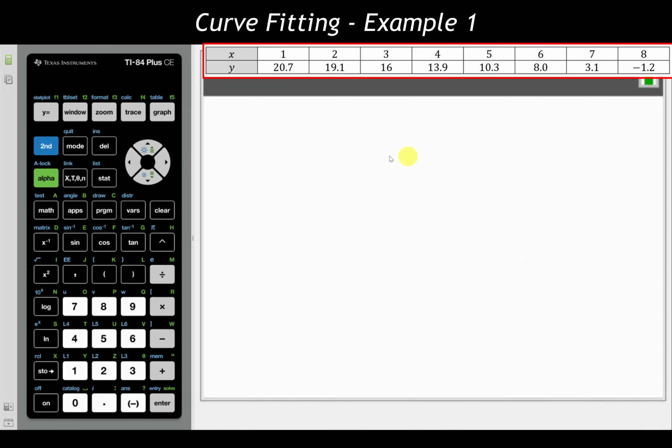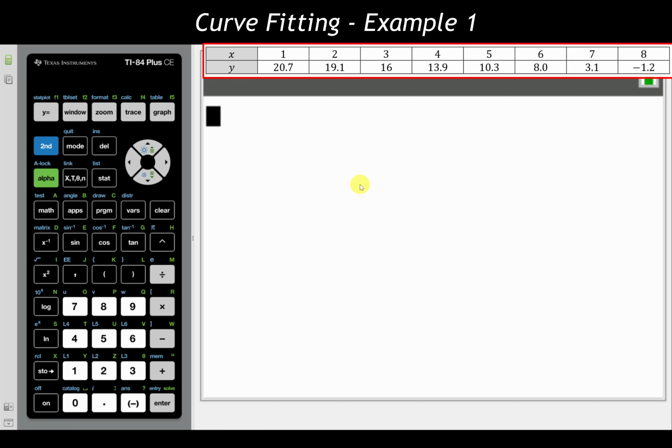So here we are with our graphing calculator. We're right here at the home screen. So hopefully you have the first example written down somewhere nearby for yourself, because we're going to go through how to get that entered in and do a regression with that set of data. So as listed in our notes, we need to first and foremost input this data into the calculator. This is the most essential set of steps. We need to double, triple, quadruple check that everything is entered in correctly, because this will make or break everything that we do.